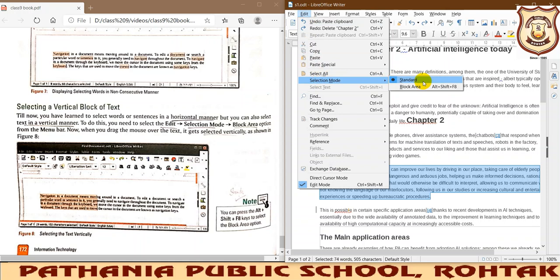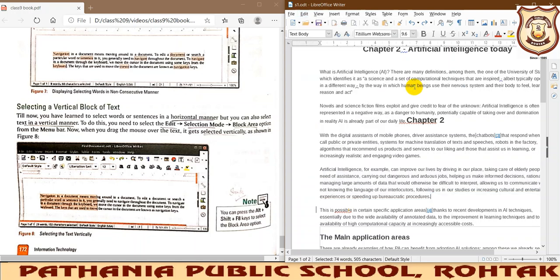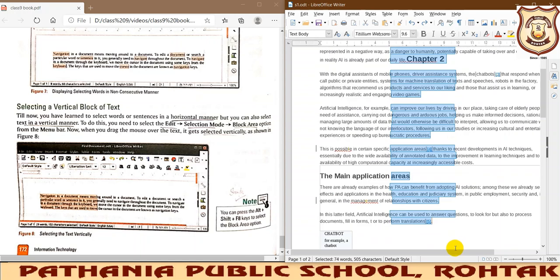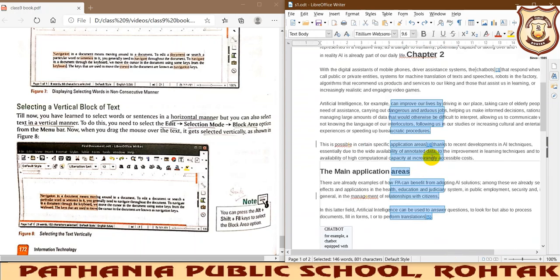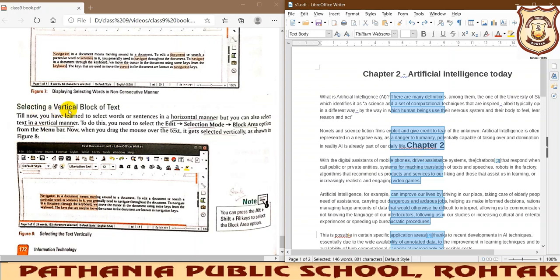By default it is standard, but if you want to make this block area selection done, then you need to click here. Now you will see the difference that you have never seen in MS Word. This way you can select a particular block. This type of selection you would have never seen before. Okay, so you can select the text like that. This is known as your vertical block of text.